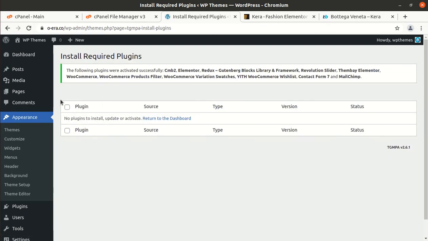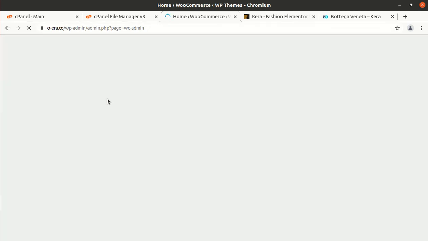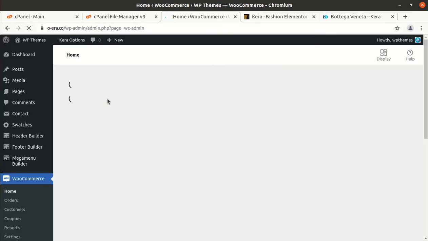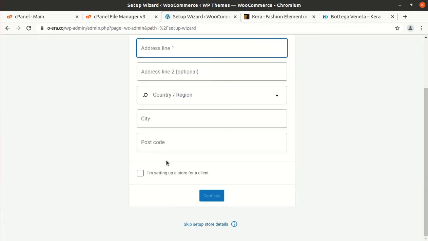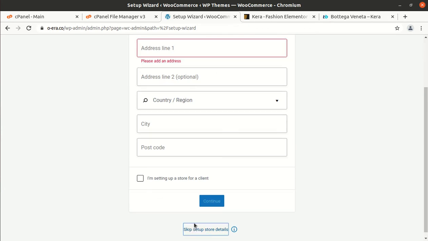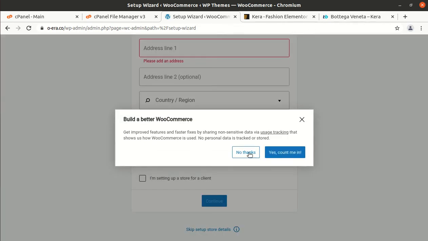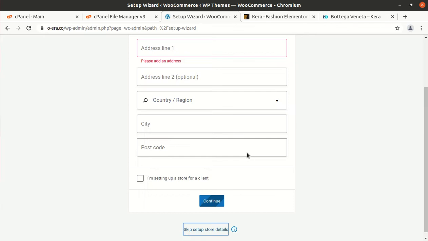So all plugins have been activated, and we have to click on the dashboard to see whether it needs certain information. WooCommerce needs basic information upon activation, like it is redirecting to the WooCommerce basic information page, and you have to put in all the basic information like address and area of operation. I am skipping this because my WooCommerce has been installed. It is fine.